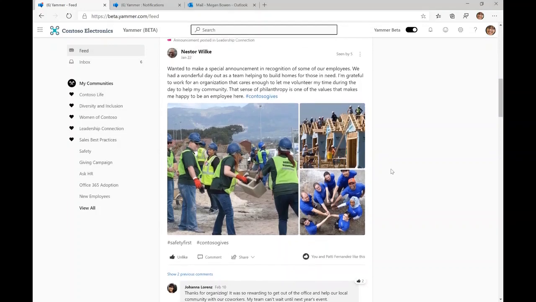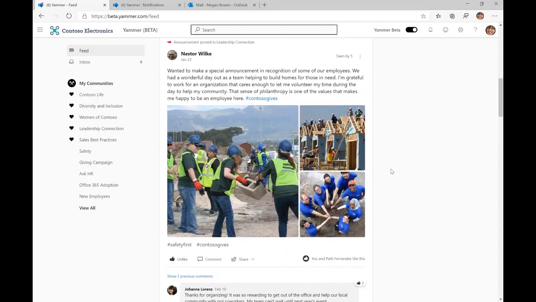A quick comment to make here is the reason why we are doing this integration is that we hear from a lot of our users and our customers that people use Outlook on a daily basis. Some of our customers and users actually say that they live and breathe inside Outlook because they're checking their emails every time. And it's taxing for those users to go into Yammer and see what's happening inside Yammer. And if they do not go to Yammer, they pretty much are missing out on all the wonderful information and content that is being shared inside Yammer and their networks.